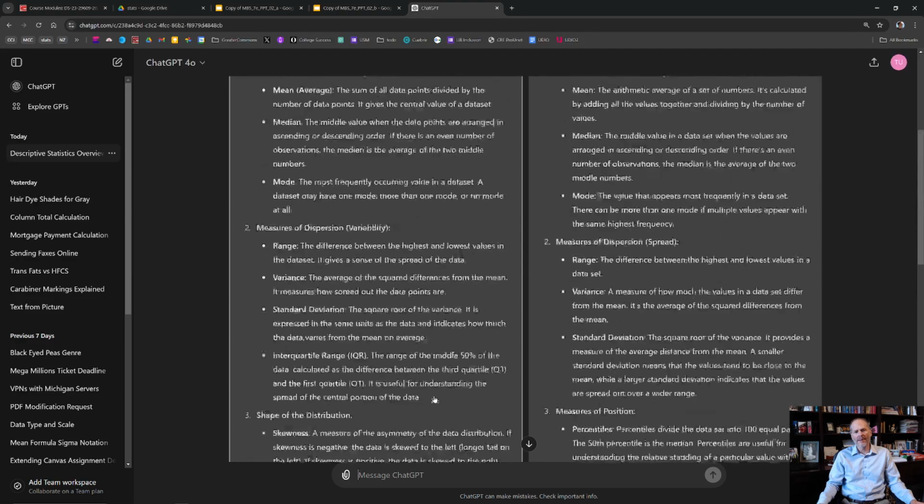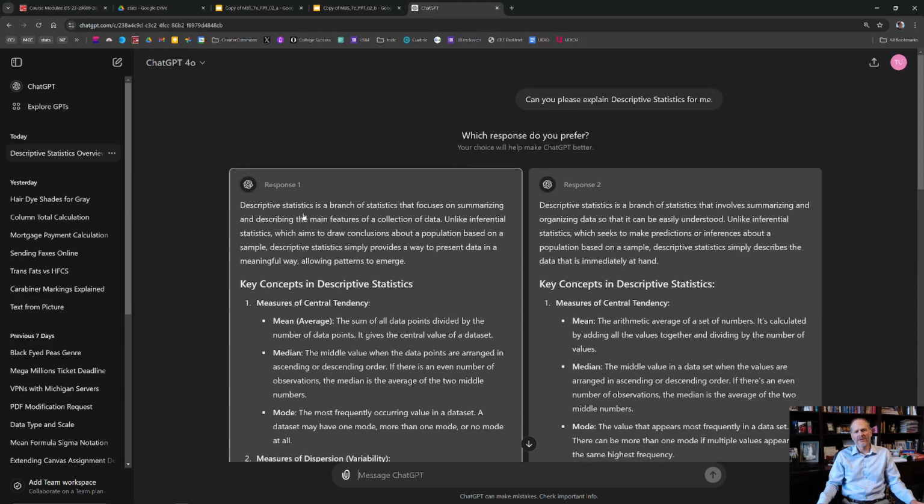And now let's compare them. So we'll read the opening paragraphs. Descriptive statistics is a branch of statistics that focuses on summarizing and describing the main features of a collection of